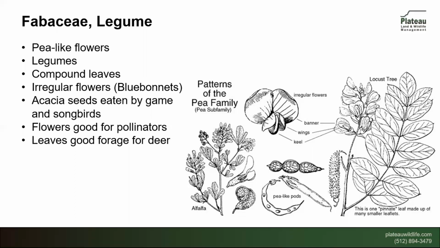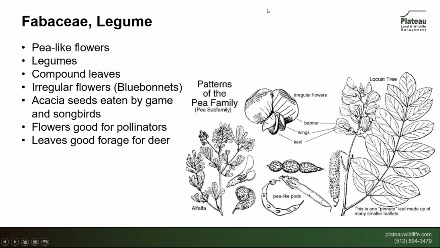Also good for pollinators. And the leaves tend to be high in protein. So they tend to be really good for deer as well. So most of your legumes are pretty palatable and pretty important deer plants because of the high protein content of those leaves. One thing to note about